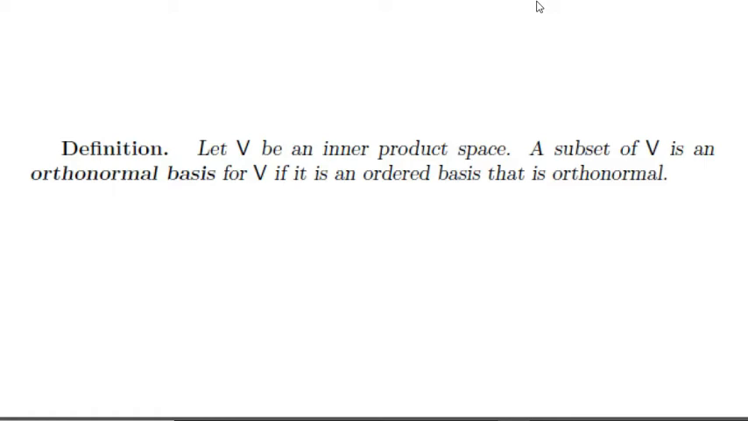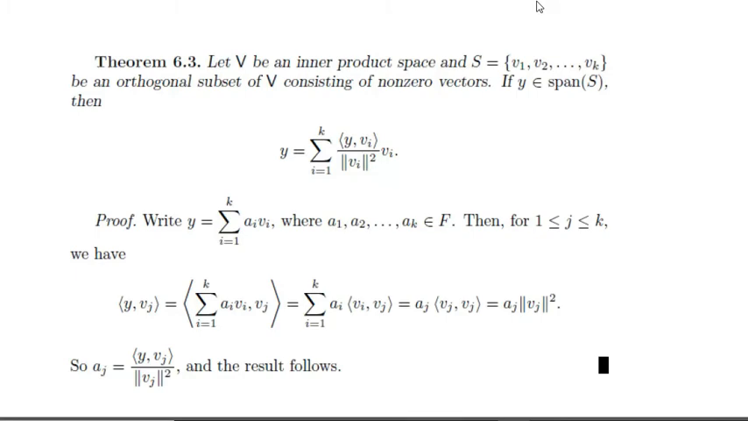If V is any inner product space, a subset consisting of ordered bases that are orthonormal is an orthonormal basis. So let us see this theorem. If V is an inner product space and S equals {v1, v2, ..., vk} is an orthogonal set of V consisting of non-zero vectors,